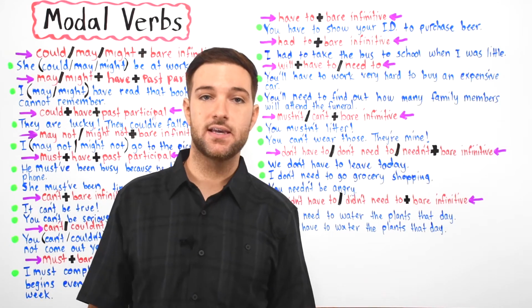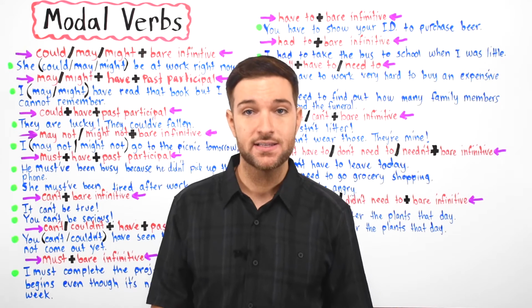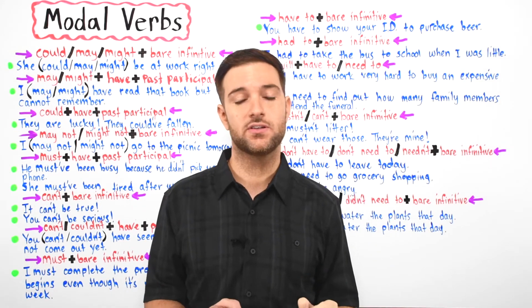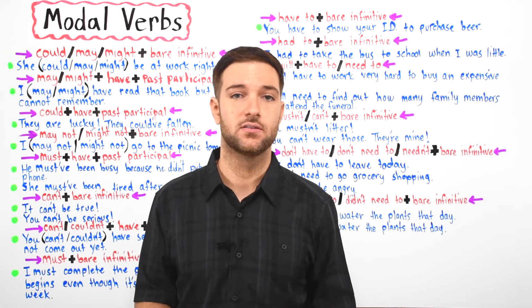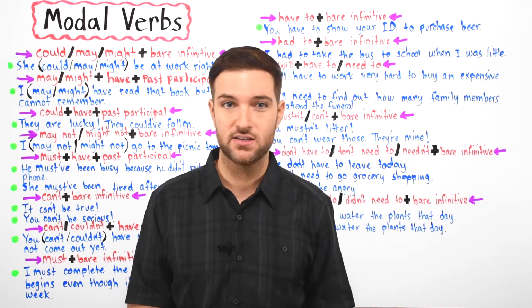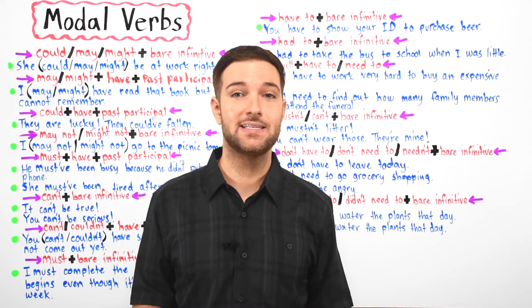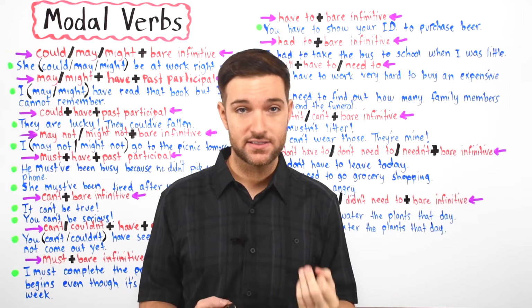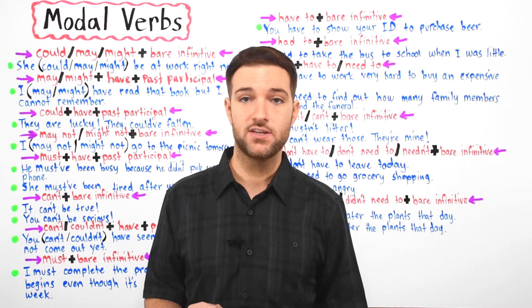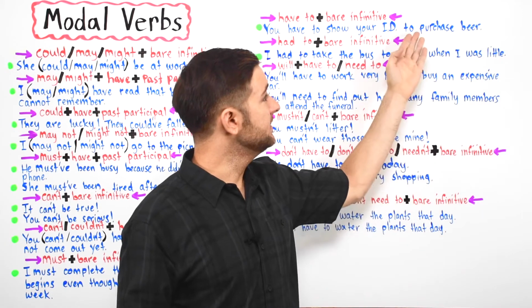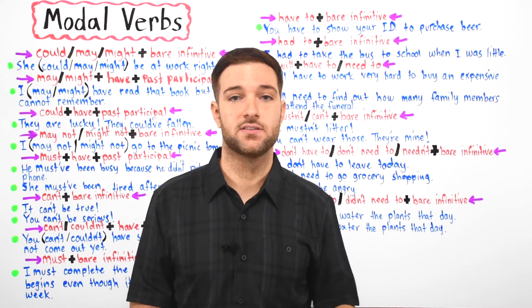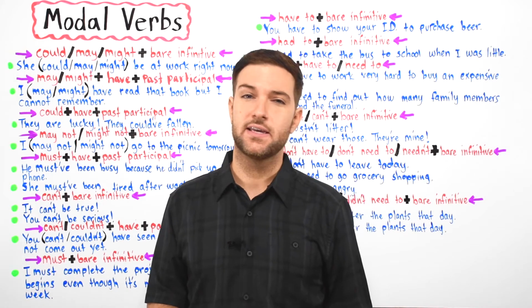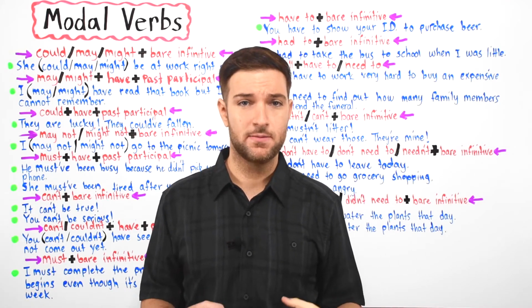All right, so in this case, we use have to because it's the law, all right? In America, the law is 21 years old before you can drink alcohol, okay? In other countries such as Canada, in some places it's 18, okay? But in America, it's 21. And so we use have to because it's the law. Therefore, it's an obligation by law to show an ID card, okay? Like a driver's license. English speakers normally use have to in cases like this because the obligation is impersonal